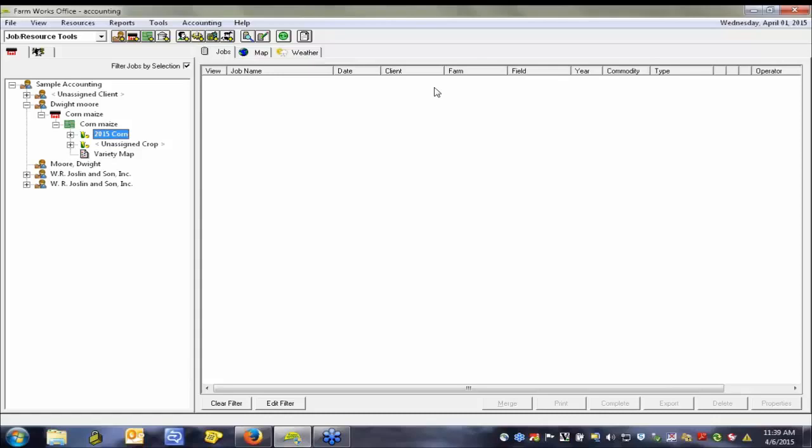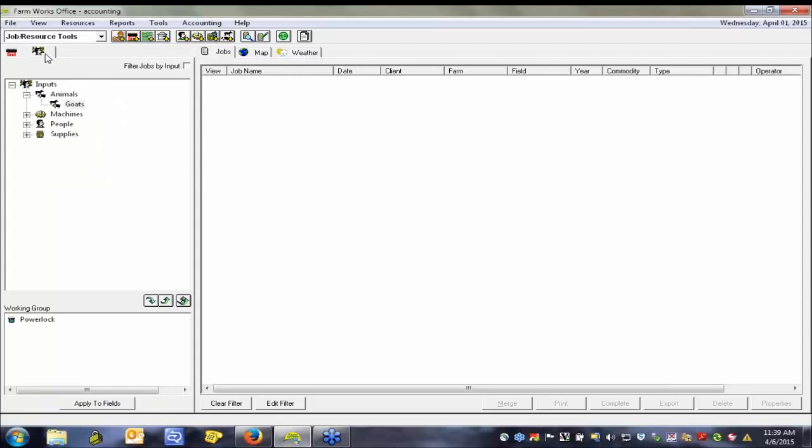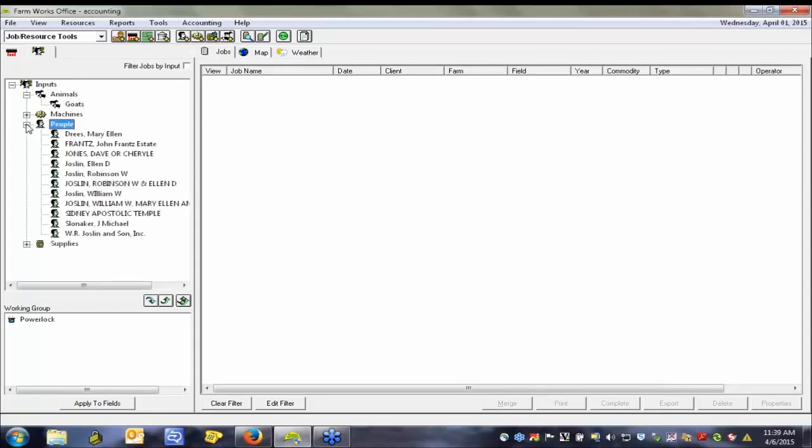The next thing we're going to get into is a little bit on payroll. Within the payroll, we're going to go ahead and set up an employee, and then we'll do a pay calculation on those. So to set up an employee, we need to go to our People tab here, and then underneath